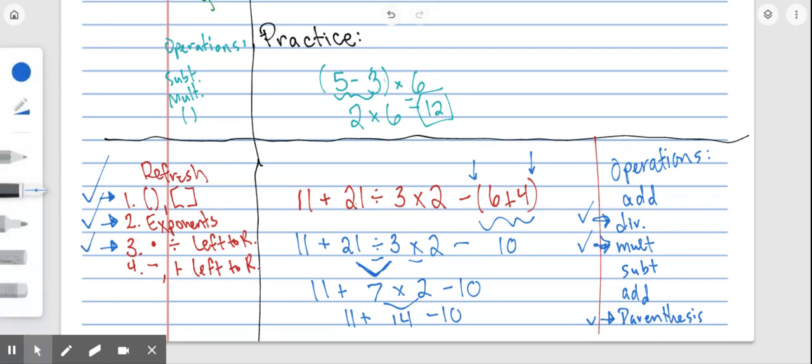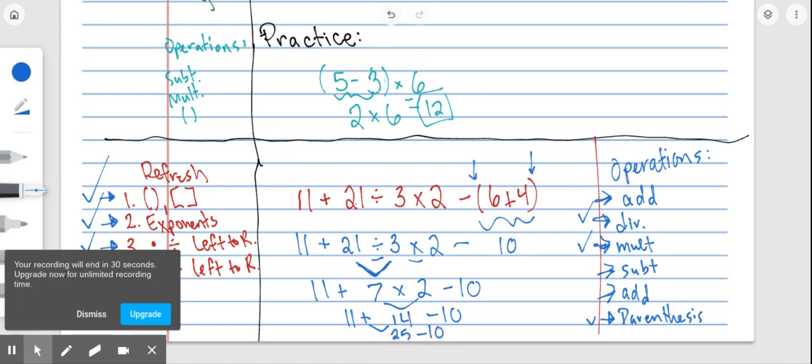The last step is addition and subtraction from left to right. I obviously have some of that. There's some here and here and here. Okay? So I'm going to do it left to right. So the leftmost thing is 11 plus 14, which is 25. And then I rewrite minus 10. And 25 minus 10 is